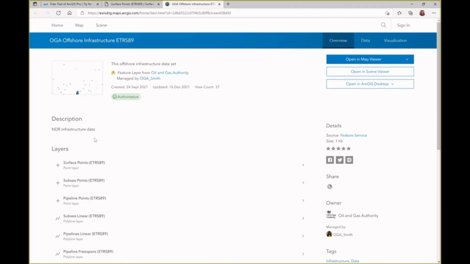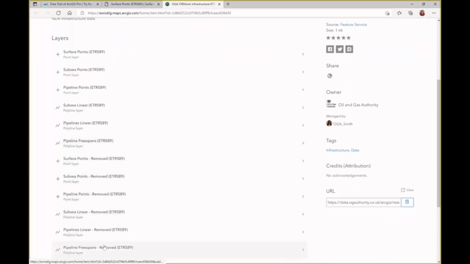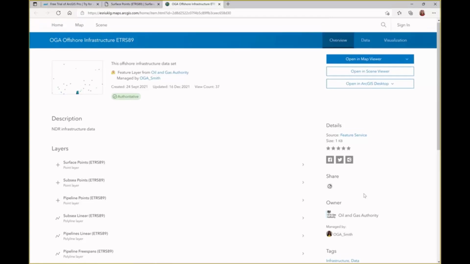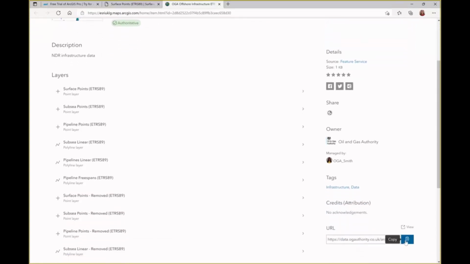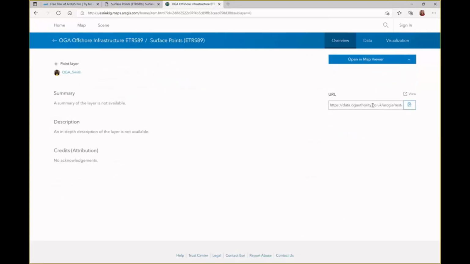This time I can see that this surface points layer is part of a wider feature service, which contains many different layers, such as subsea points, pipeline-free spans. And if I wanted to add all of this data, this feature service, to the map, I could use this URL here. But if I just wanted the surface points data, I could click on the surface points layer and